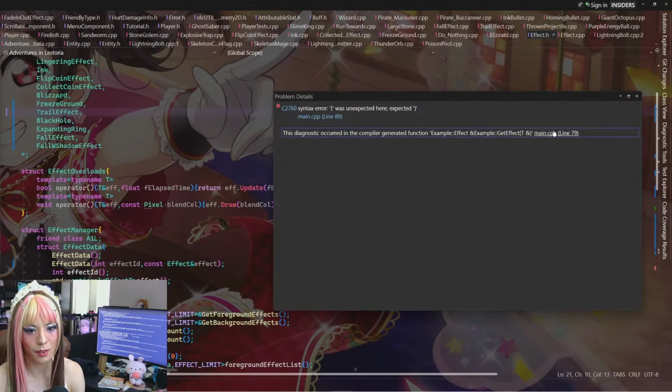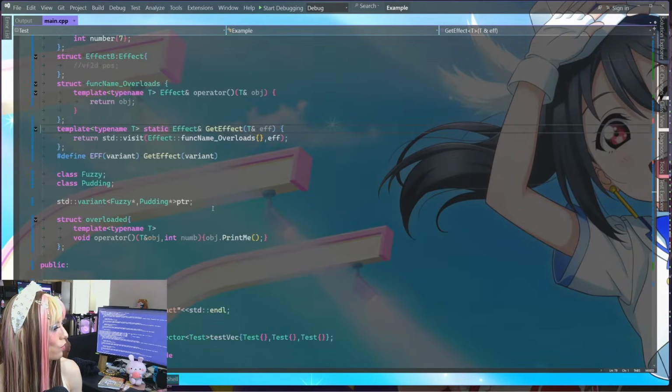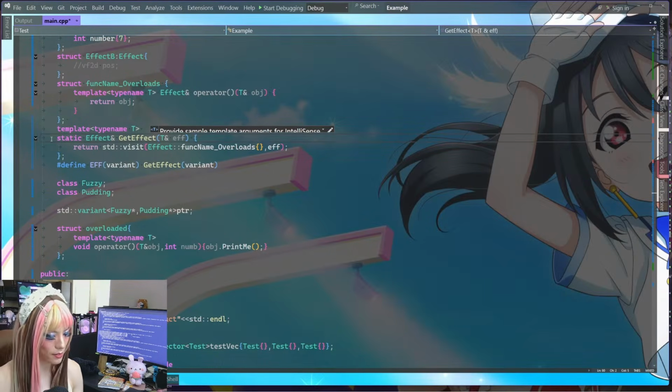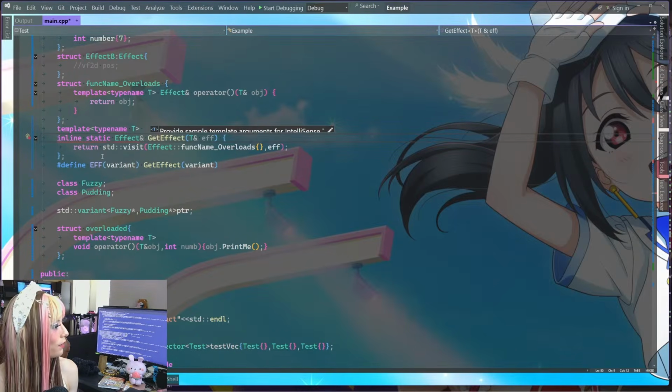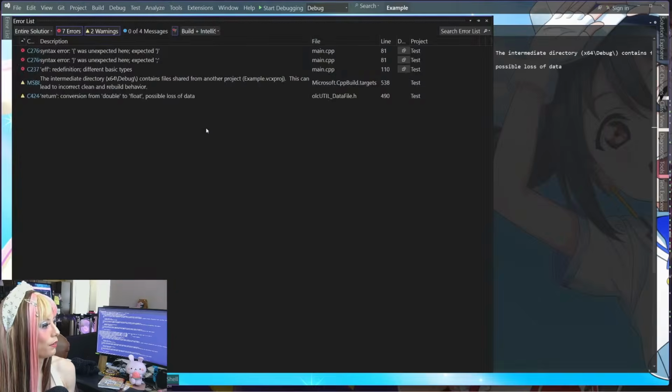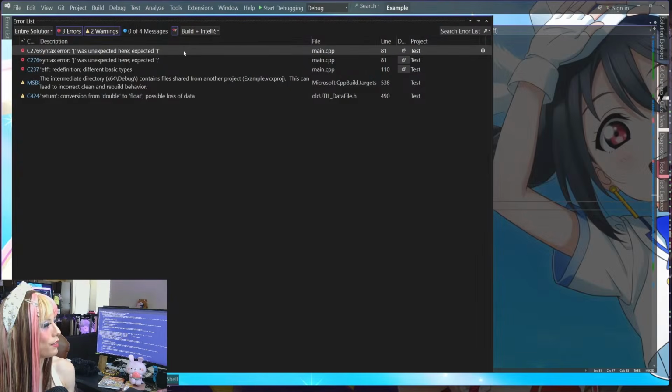This diagnostic occurred in the compiler-generated function example effect reference example get effect. I mean, yeah. Oh, does that have to be inline? Is that the issue? Wait, that doesn't make sense though, does it? Because it's like undefined.